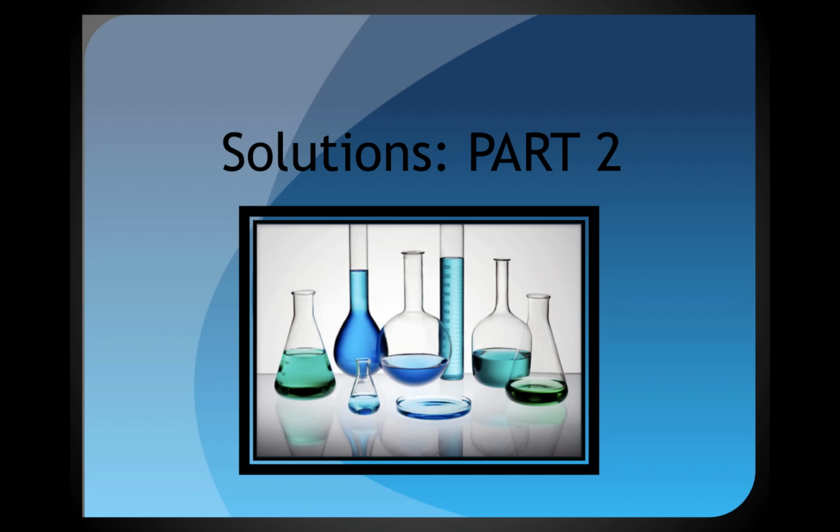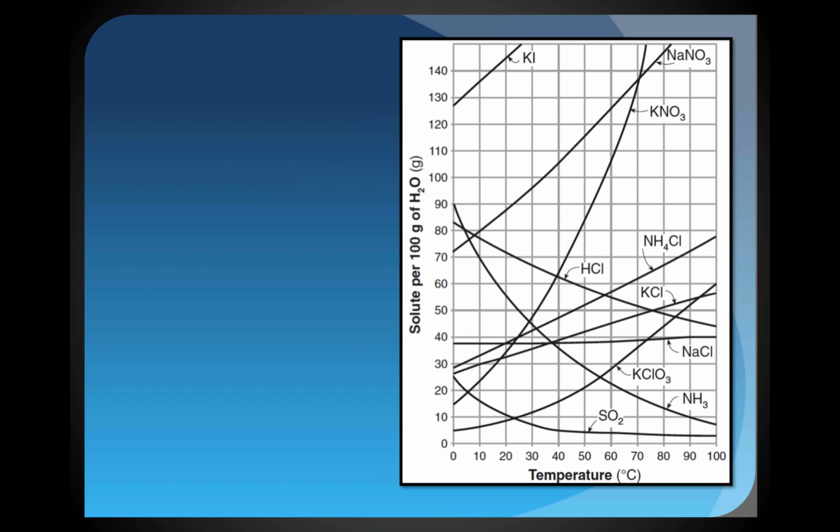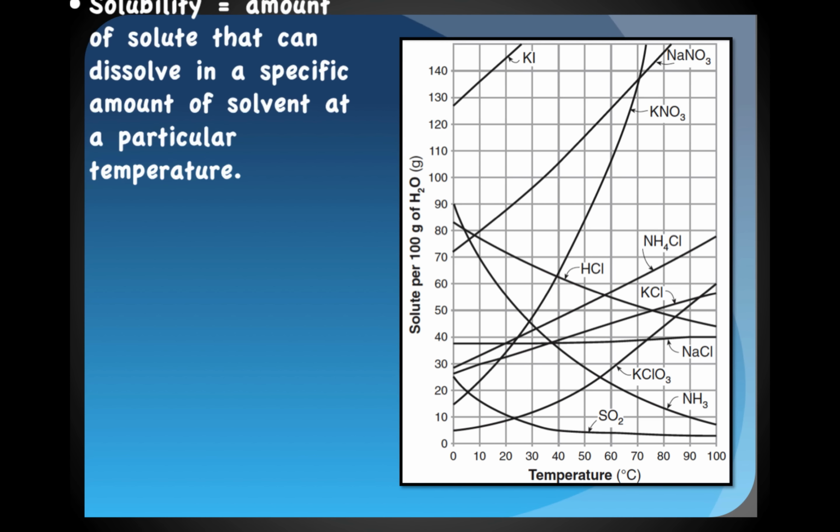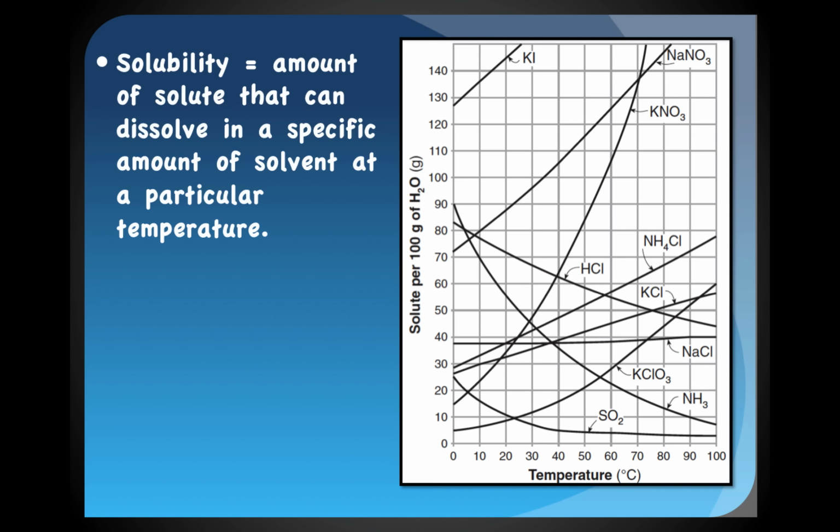Solutions, Part 2. Let's consider our solubility curves. So take out your reference tables and turn to Table G. Your solubility curves should look something like this. Solubility is defined as the amount of solute that can dissolve in a specific amount of solvent at a particular